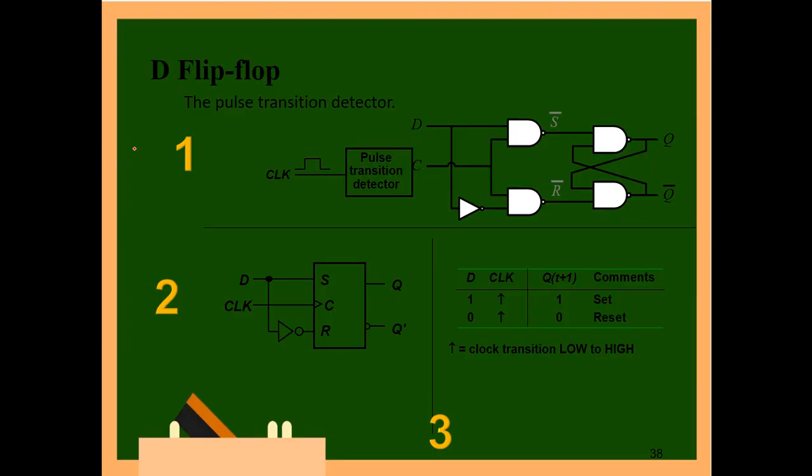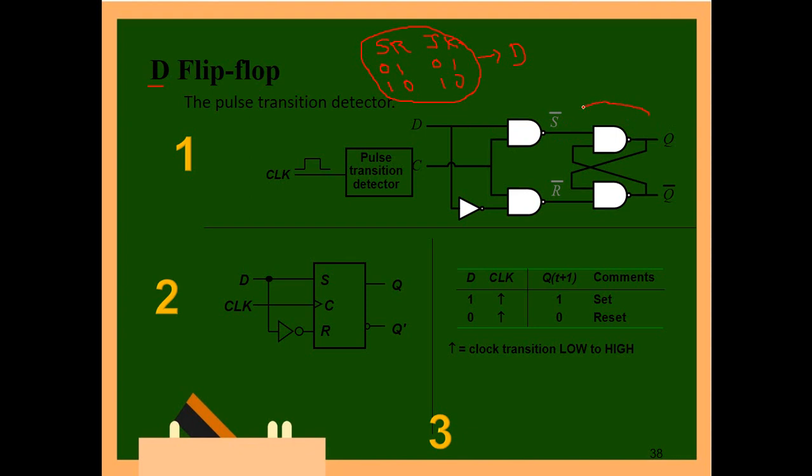Hi everyone, let's discuss the next flip-flop, the D flip-flop. Already we discussed that a D flip-flop can be taken from either the SR flip-flop or the JK flip-flop. It has only two operations, set and reset. That means in the 0-1 and 1-0 conditions, the operation is the same in SR and JK. So we can take it from any one of them, and these two operations give the D flip-flop. Here I am taking it from the SR flip-flop.